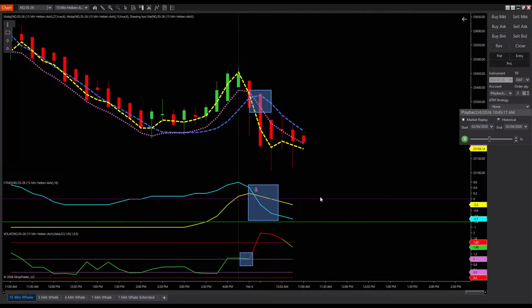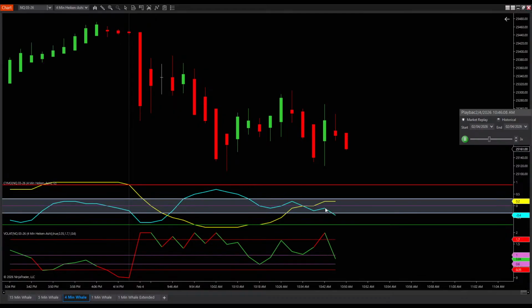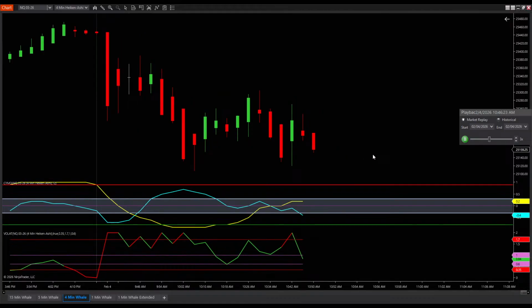So, has our bias changed? No, our bias to the downside is still intact, guys, okay? We're looking at the 5-minute. The 5-minute is actually going above. It crossed, but it's going to go over the 0 line right there. Our 4-minute right there is just a noise fest right now. So there is nothing there to trade just yet, unless we actually get momentum coming down. If momentum comes down and cycle comes down, and cycle goes outside of the region Y threshold, then we might have something. So let's wait and see.